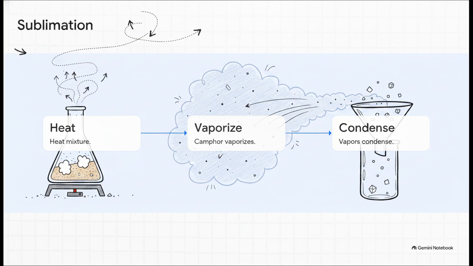Camphor has this really weird, unique physical property. When you heat it, it skips the liquid phase entirely. It just goes straight into a gas. So if we heat this mixture, the camphor vaporizes, totally leaves the sand behind, and then cools back down into